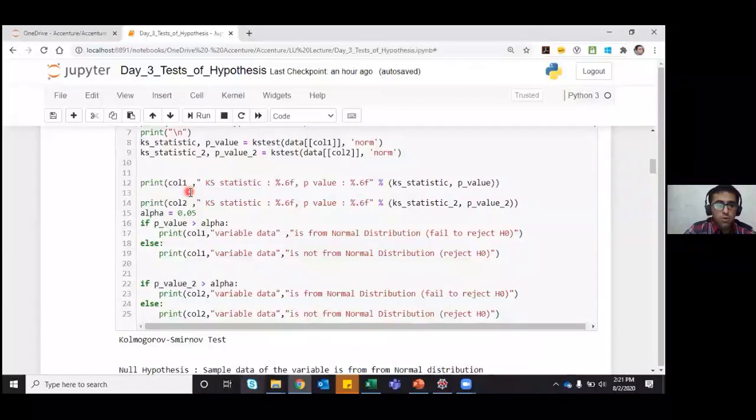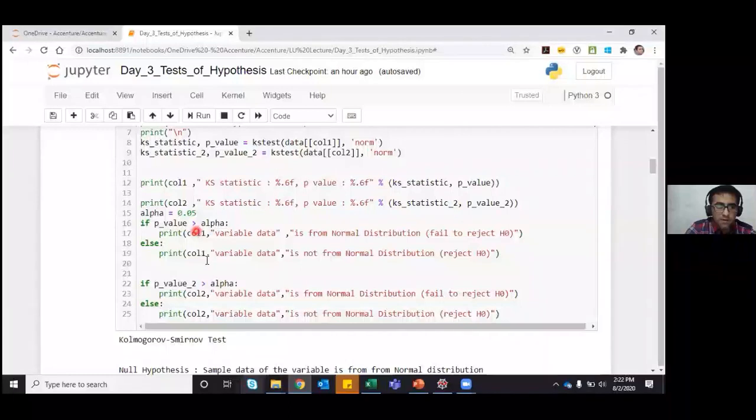As I mentioned earlier, the p-value is used to reject or accept the null hypothesis. If my alpha is 0.05, or my error percent is 5%, or my level of significance is 5%, any terminology that we can use, then if the p-value is more than alpha, we will simply print that the variable data is from a normal distribution and we fail to reject H0, the null hypothesis.